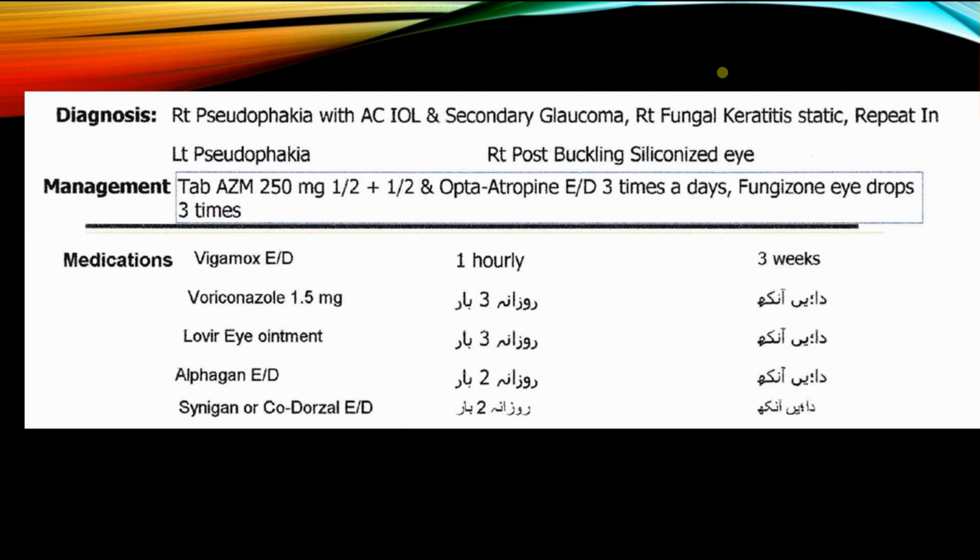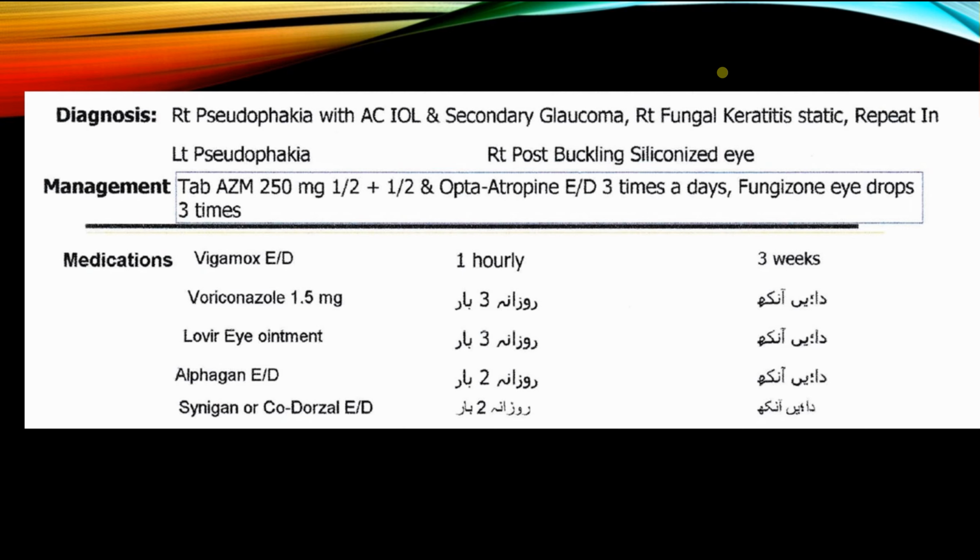But at the moment, because he could not tolerate the topical fungizone or amphotericin B, we changed to voriconazole 1.5 milligram 3 times a day. We continued using the antiviral and the anti-glaucoma medication along with the antibiotics, and we changed to atropine for the